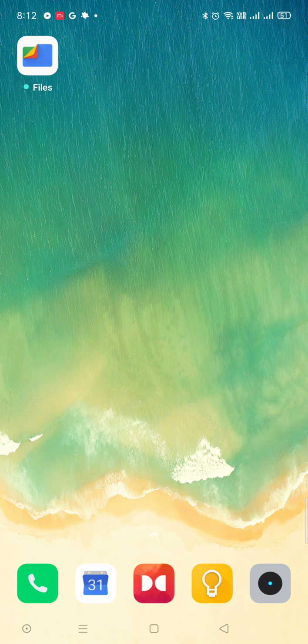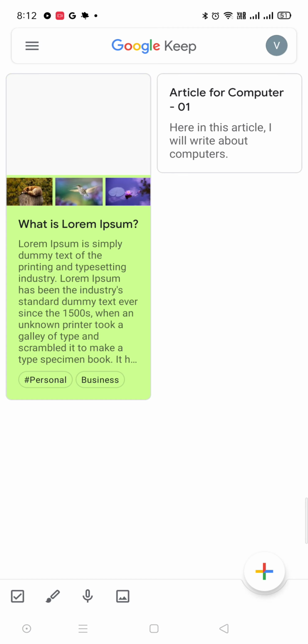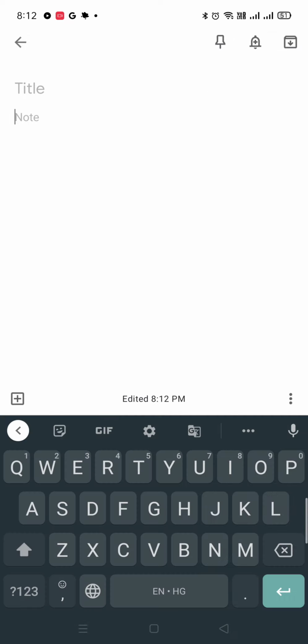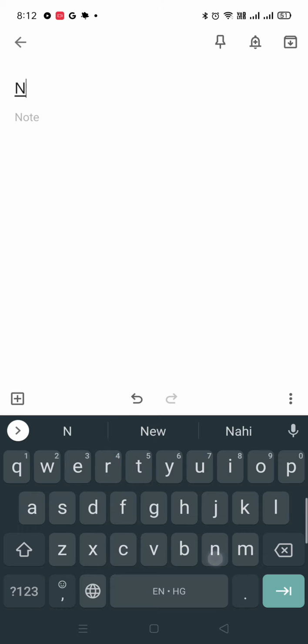And friend, today we are going to see how to create reminder and notes in Google Keep. So friend, this is my Google Keep, and here you can see this plus icon. Just click on that, and here you can create your notes very easily. For example, this is notes